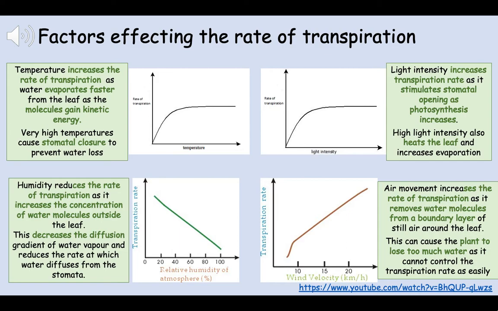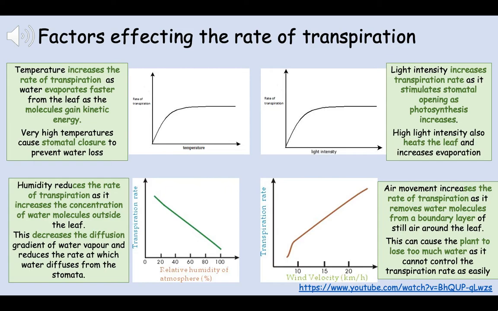Now, humidity. So humidity is the concentration of water in the air, in the atmosphere. Now, as humidity increases, transpiration actually decreases. So as you have more water in the atmosphere around the plant, the rate of transpiration is going to decrease. And the reason for that is because if we think about the rules of diffusion, so diffusion is the movement of substances